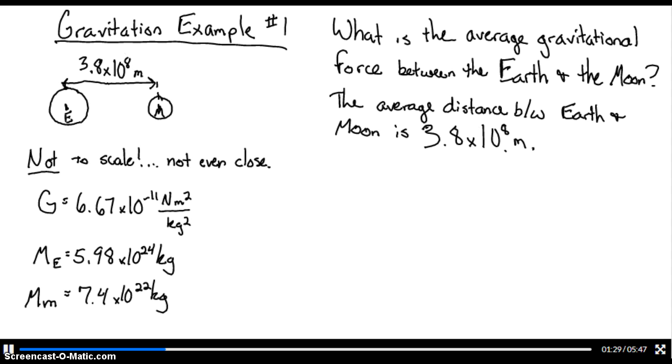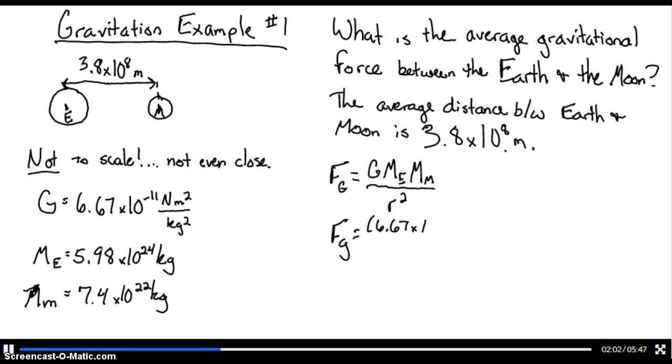So what we need to do is use our equation: F, meaning force of gravity, let's put a little subscript g there, is equal to big G, that gravitational constant, times the mass of the Earth, that's m1, times the mass of the Moon, m2, over the radius, meaning the distance between those two objects' centers, squared. So we'd have force of gravity, we're just plugging things in now, is equal to